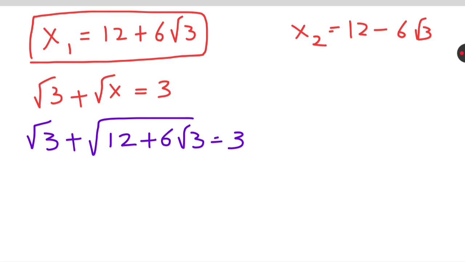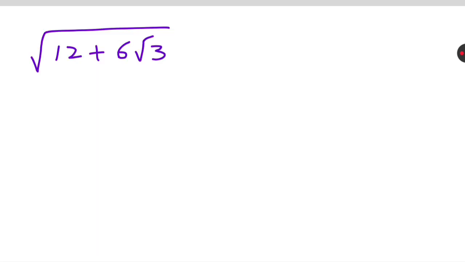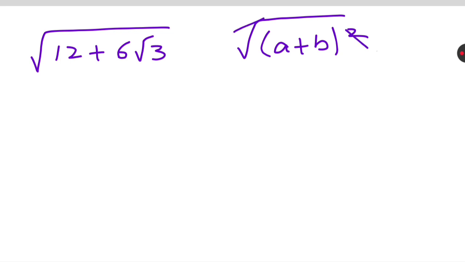So before solving this, first we need to find the square root of 12 plus 6 root 3. Under the square root, the expression 12 plus 6 root 3, if we write it in terms of (a plus b) whole square, then the square and square root get cancelled, so we are left with only a plus b. That's why I'm trying to convert 12 plus 6 root 3 in terms of a plus b